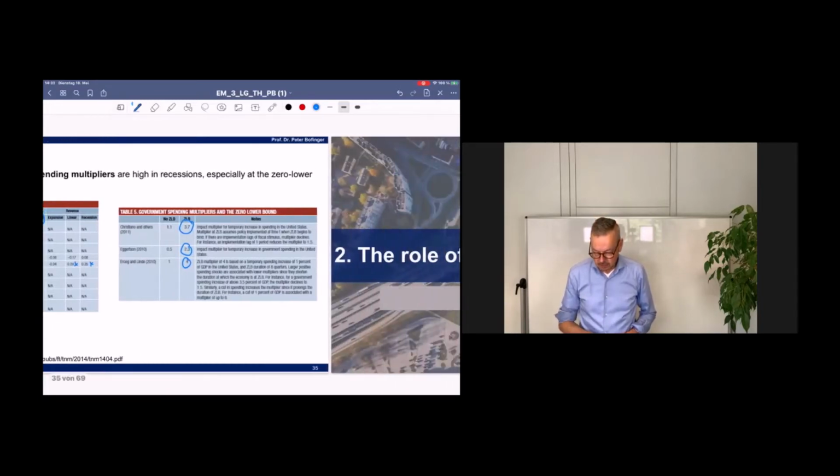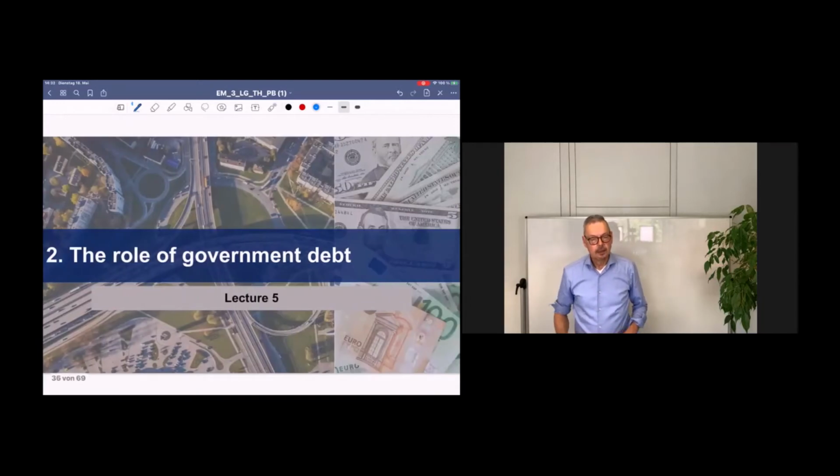We can now go on to a topic that is very much related to fiscal policy, the role of government debt. So what effects do fiscal policy activities have on the capital market? How